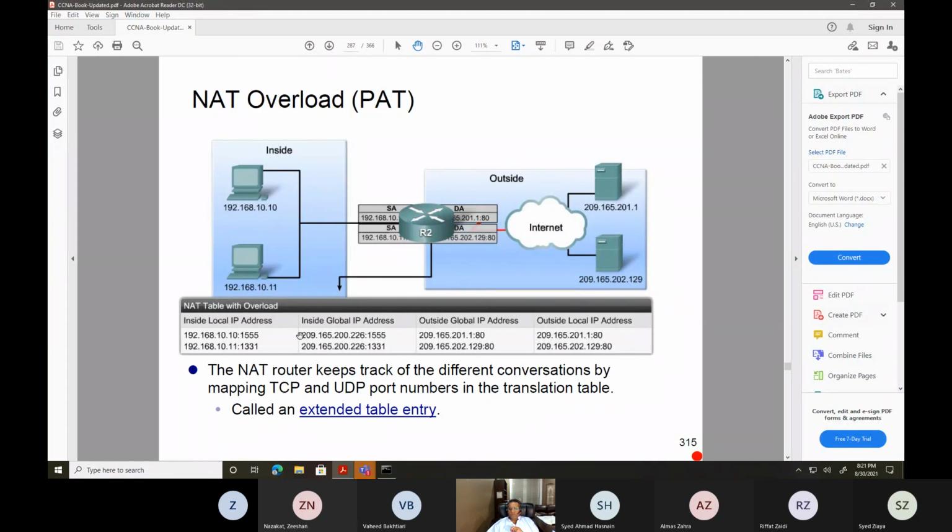He knows this is the IP address here because the server is only going to be talking to this 209.165. When the packet comes in here, R2 is smart enough. He knows that he has a table. This 209 gets converted to this IP address. Understood?